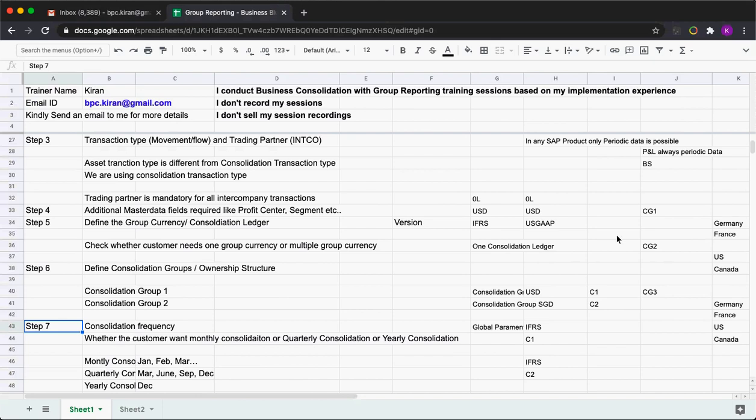Here, this is your decision. See, two ledgers are not required. I can see whether that may be IFRS and US GAAP. I want to use the same financial statement items, in the sense group chart of accounts, right? Generally, the variation of accounts happens in these two. Otherwise, it will be the same.